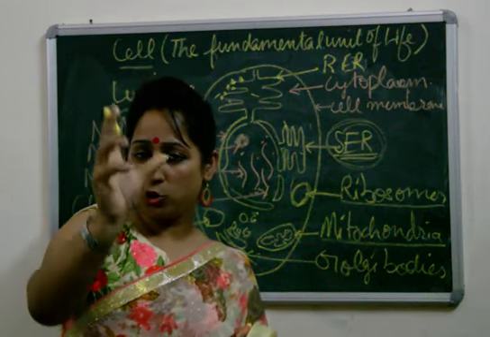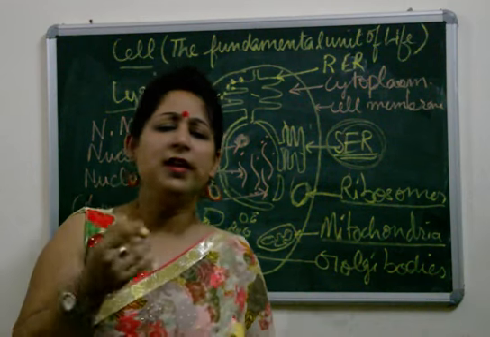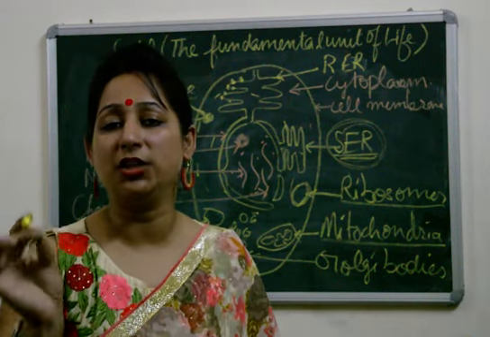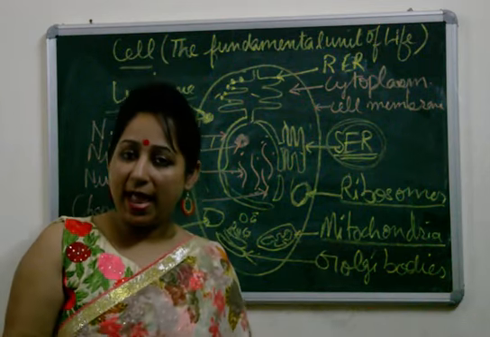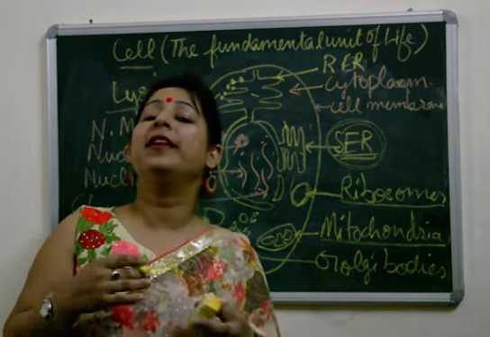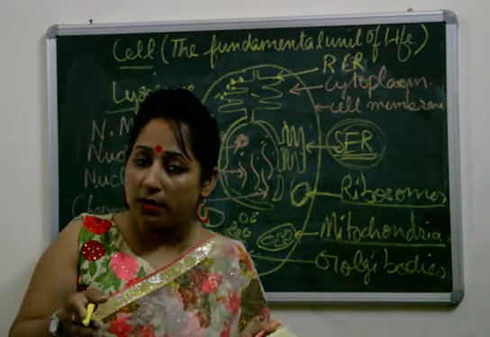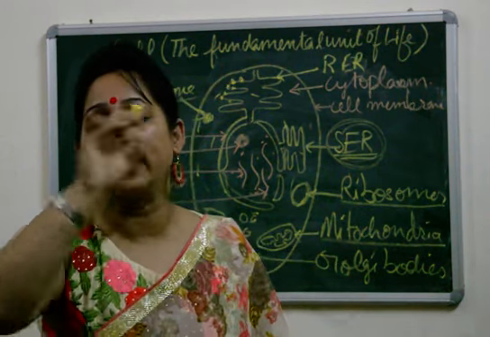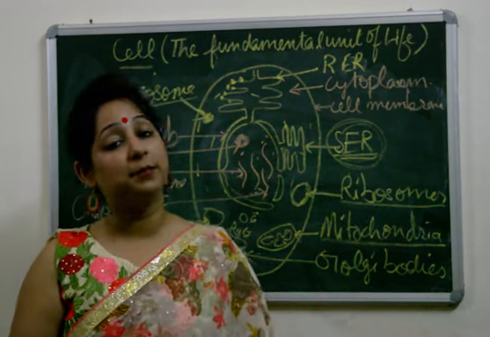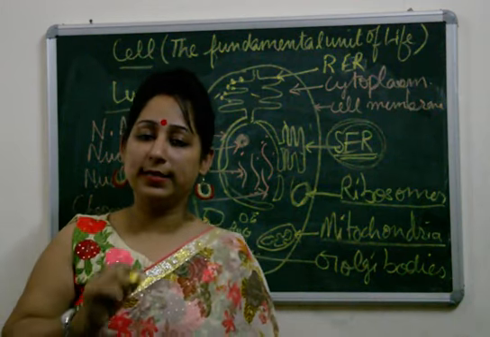This lysozyme enzyme digests. First of all, the lysosome engulfs the foreign body. Then this digestive enzyme digests that foreign body and finishes it off. This is the function of lysosome, that is intracellular digestion. Sometimes, accidentally, this lysosome bursts. Or in case of any emergency, suppose some organelle is not working properly, this lysosome will burst and will eat up all the organelles of the cell. That is, it will digest its own cell. That is why sometimes it is known as the suicidal bag of the cell.